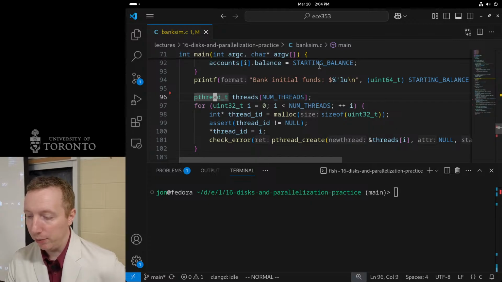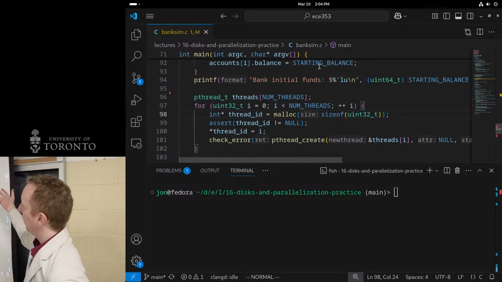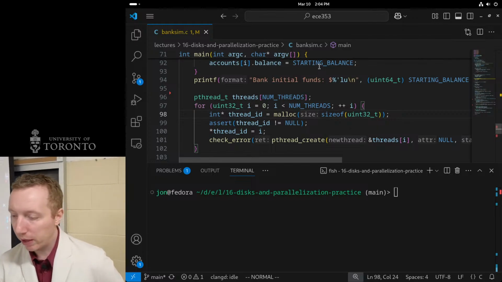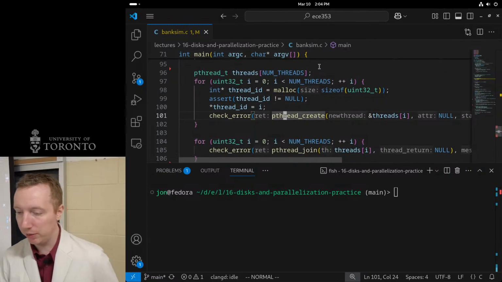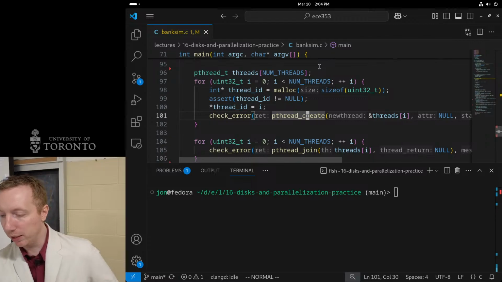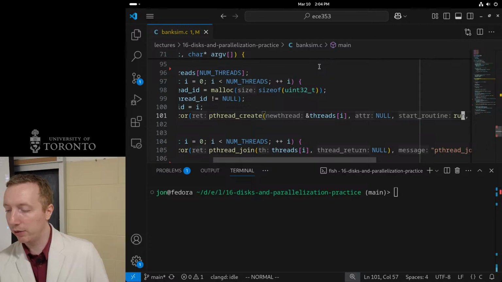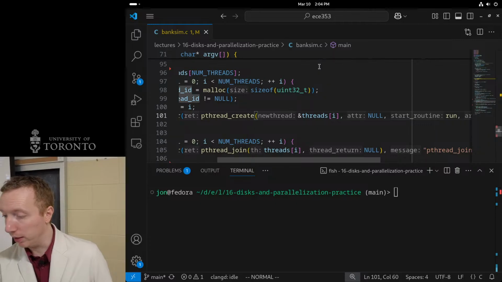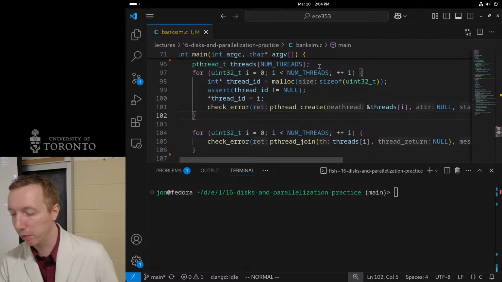So we're going to make threads. We're going to make an array called threads up to num threads. So there's going to be 8 of them. And then we're going to malloc space for a thread ID, which is just an int, write the value to that, and then pass it to the thread function just so that each thread gets its own unique thread ID. And then we do what we did before, pthread_create, the current thread in the array, default attributes, so they're joinable threads. Start routine is just the run function, and then give it that pointer to that thread ID there, and then hopefully that works.